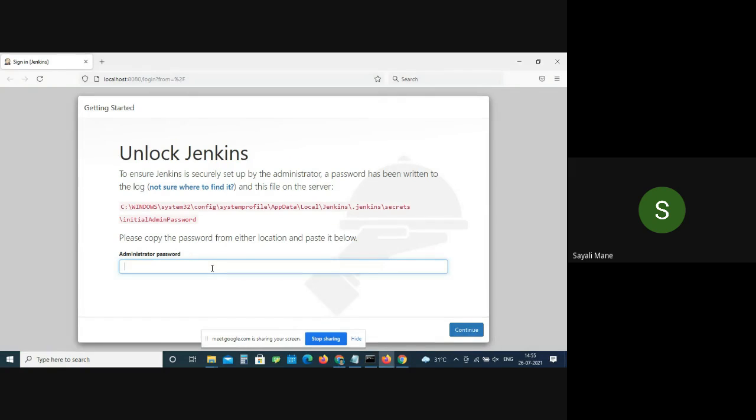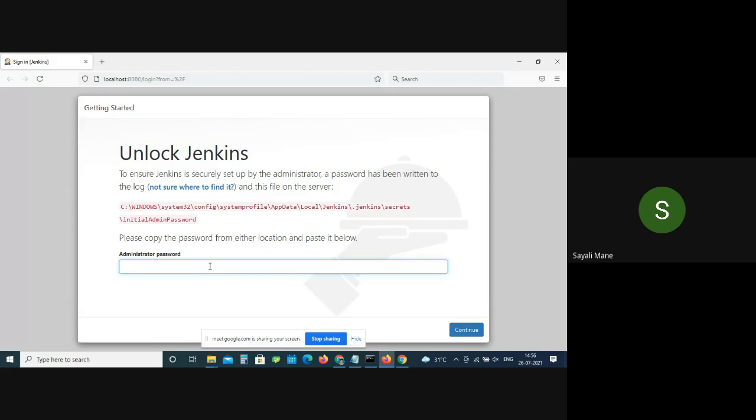Okay, what you have to do is, see, can you see the C Windows path which is there in the red one? Ma'am, it is not showing. Only localhost, and site cannot be reached. No, no. Okay, can you see this screen? No, ma'am.